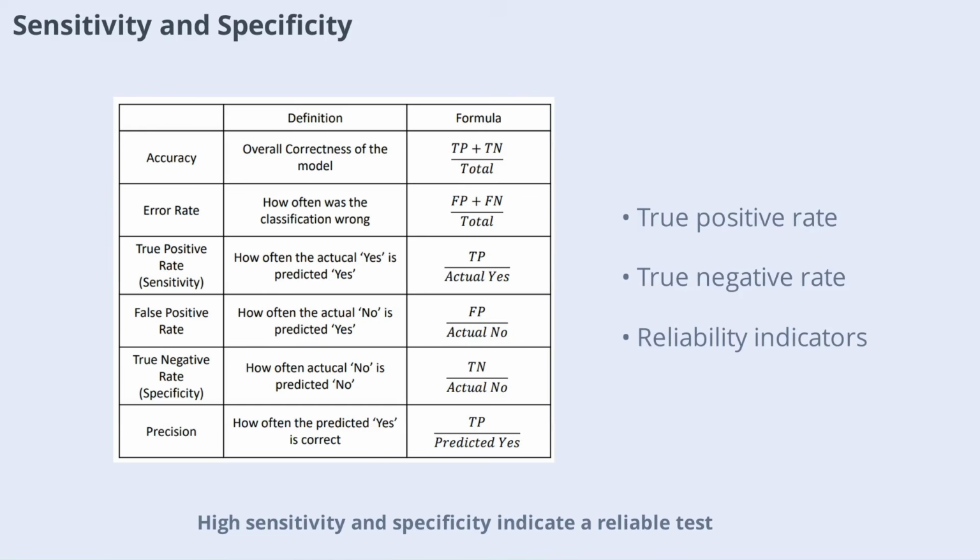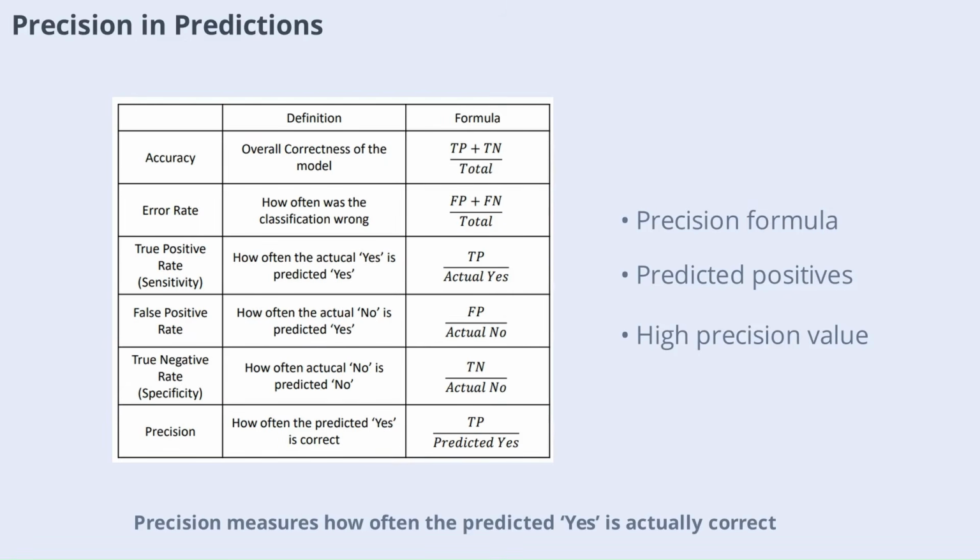High sensitivity and specificity indicate a reliable test. Precision measures how often the predicted yes is actually correct. It's calculated as the number of true positives divided by the total number of predicted positives. High precision means that when the model predicts a positive outcome, it's usually right. This metric is particularly useful when the cost of false positives is high, such as in spam detection or medical